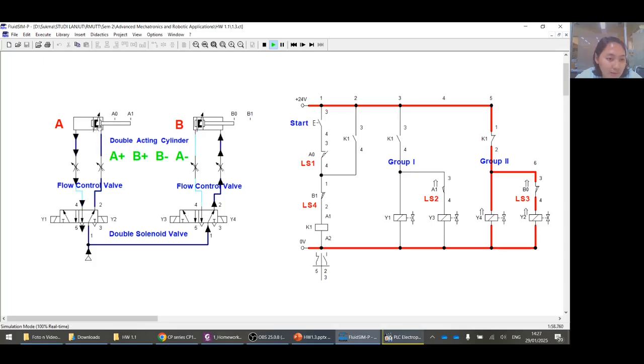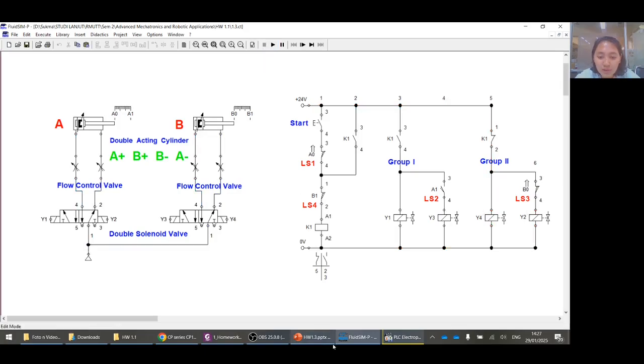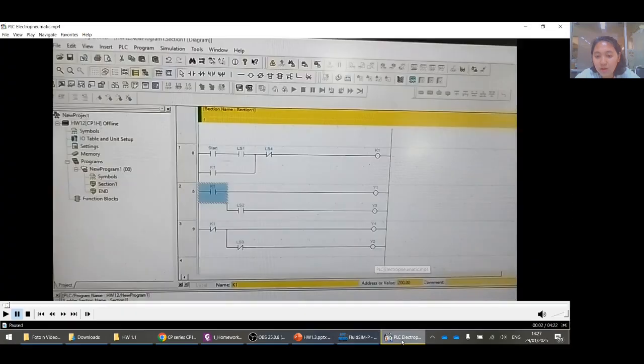And after that, cylinder A will go backward. I just stop this simulation and I will show the real hardware.